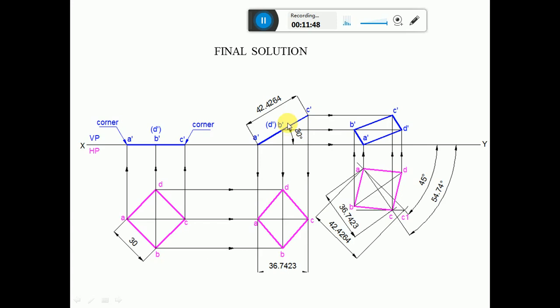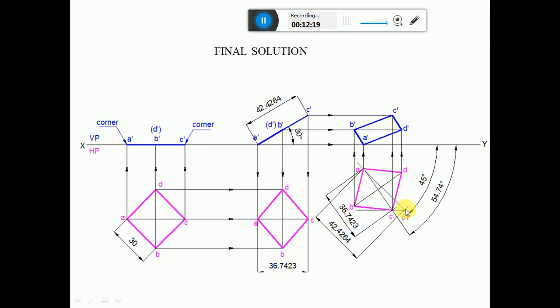Now the diagonal is also inclined to VP at 45 degrees. So here the inclination given is a true inclination. But here what we have is the apparent length. So we cannot transfer this second position top view by rotating at an angle of 45 degrees, because this is the apparent length and here this is the true length. So from the projection lines, always on the true inclination you have to get the true length, and on the apparent inclination you should get the apparent length only.